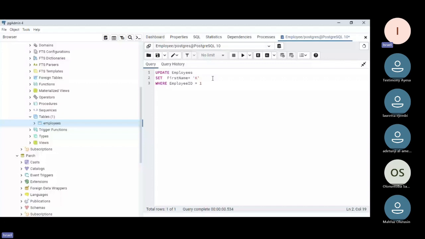So you can use updates. I want to update by changing the first name. If I run this,